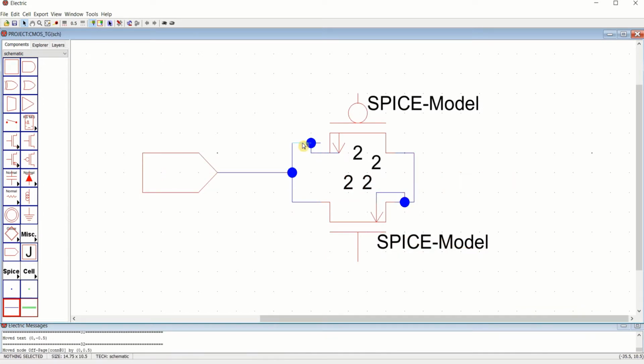And this port acts as an output. You place the off page node at the output. It will act as an output port.